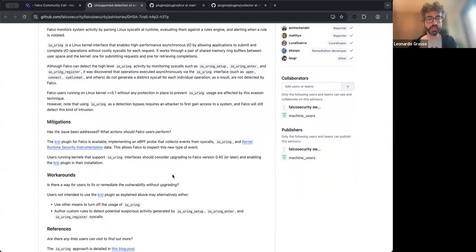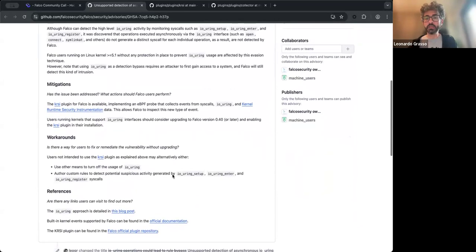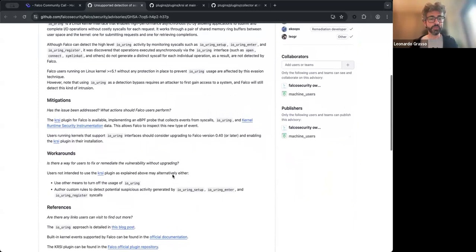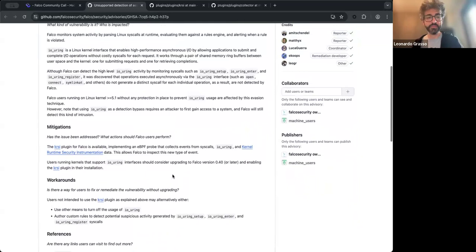And in this call, there are two contributors of the plugin, who also worked on the security disclosure with me, Luca and Leonardo. I guess you want to add some more information about this or the plugin.